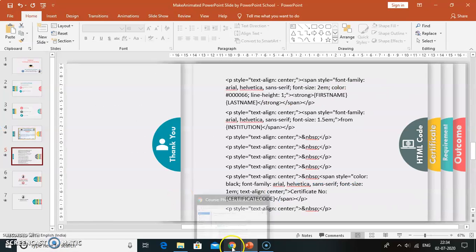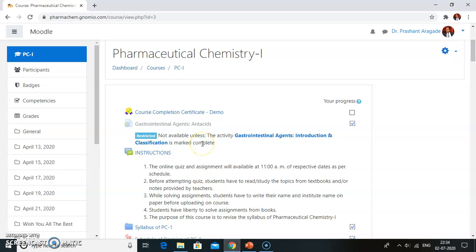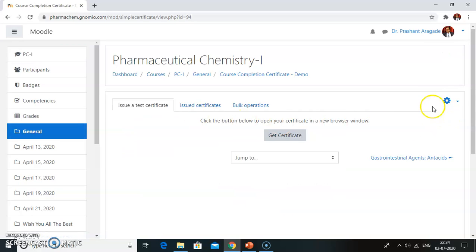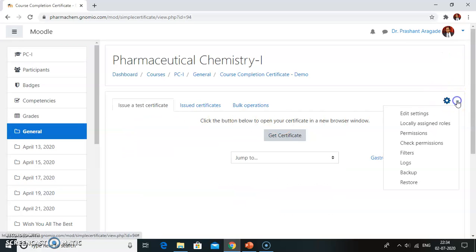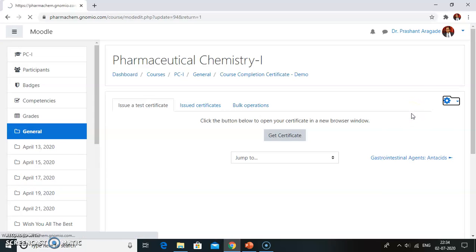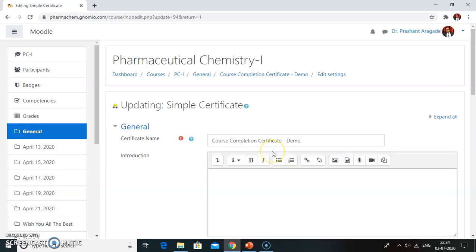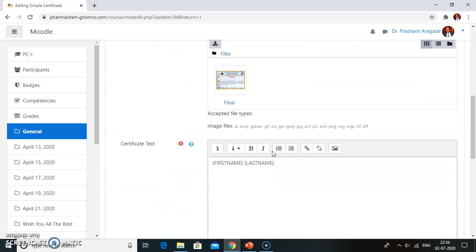So just go to your Gnomio course. Here I have already added a simple certificate activity with the proper settings. I will open it, click on this gear icon and click on edit settings. Then just scroll down and find the certificate text box.